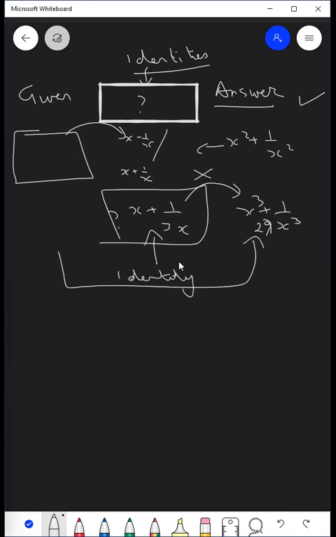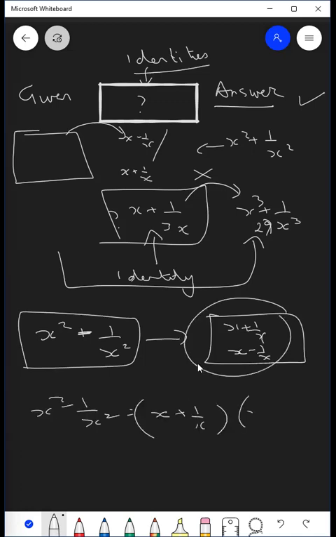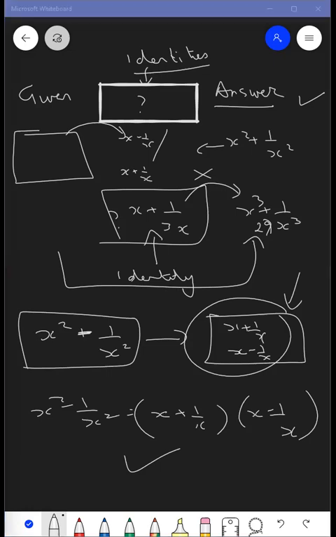So unless you know the identities, it is going to be very difficult for you to figure this out. Like what we did now, x squared minus 1 upon x squared. We need to find x plus 1 upon x and x minus 1 upon x. But if I don't know the identity, then how will I know what to find? So learn all the identities. This is why I told you to write them down 10 times so that you mug it up and it's instantly available to you when you're solving. Please go through the identities again today. Tomorrow we'll take up a few more problems. We'll do one more day of identities before we go to factorization, until you're comfortable with them.